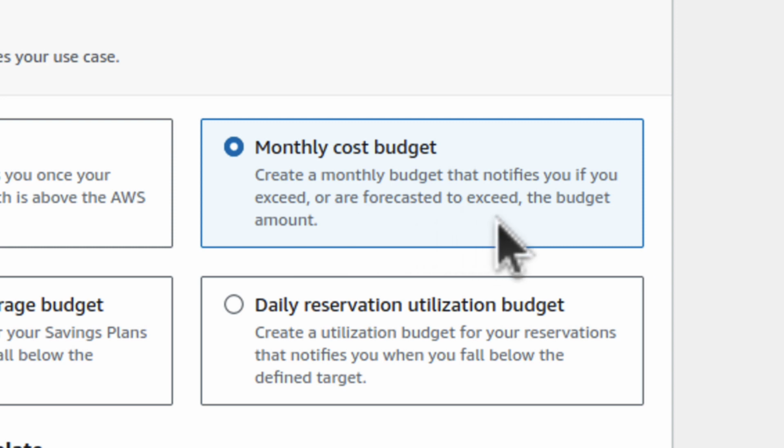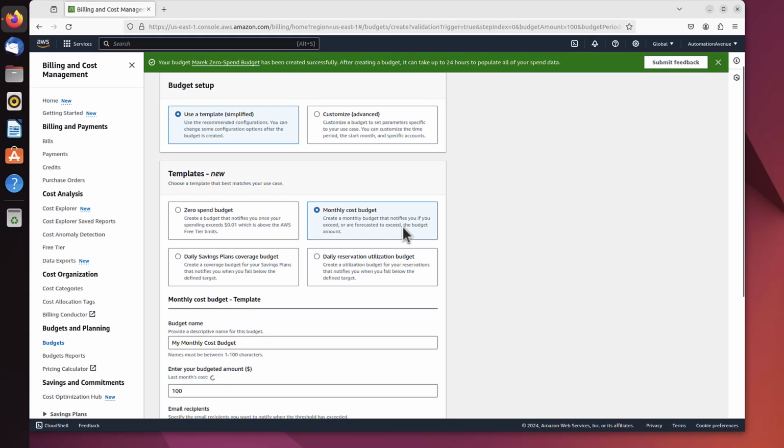So if you start a new month and on the first day you exceed $1, AWS Budgets can see you will actually exceed $10 by the end of the month. It will send you a notification before you actually reach that $10 threshold, because you are forecasted to exceed it by the end of the month. I hope that makes sense. Our ultimate goal is not to exceed $10 a month, so that's exactly what we need.